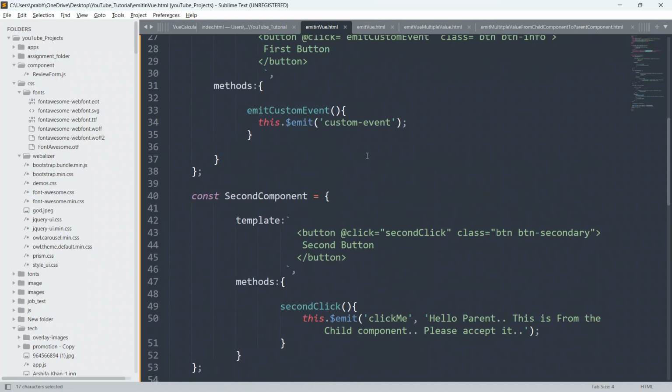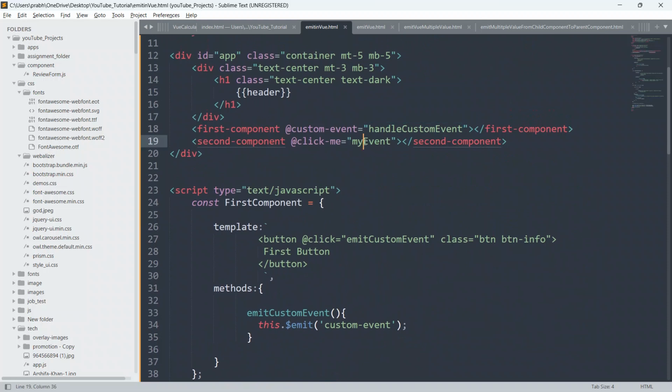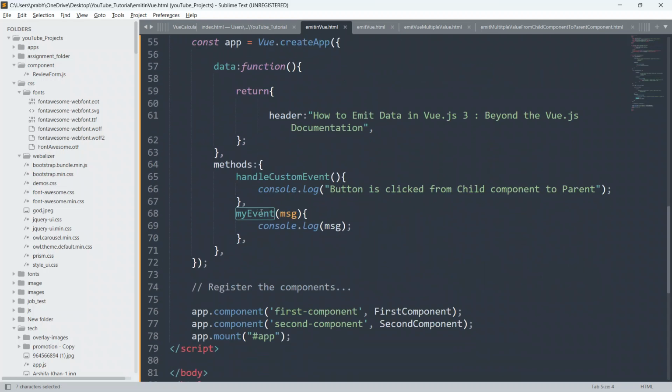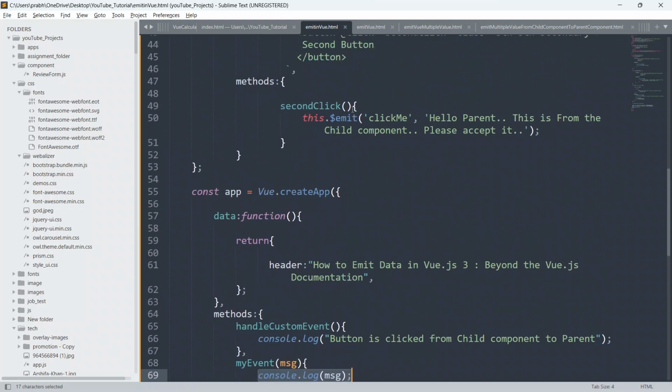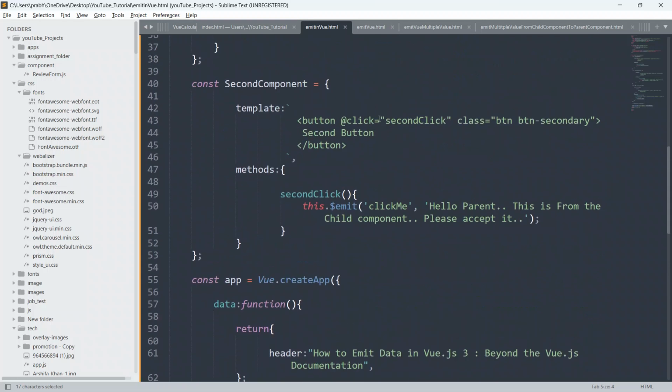Here also I am defining here click me my event, and we are passing one parameter as msg, and we will just console.log what is coming from this second child component, by the custom event known as click me by this emit method.